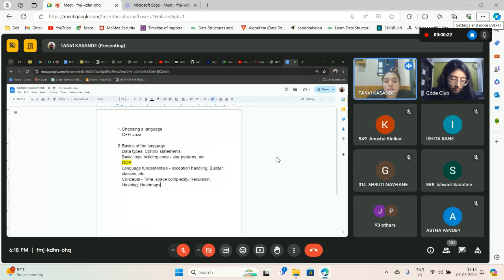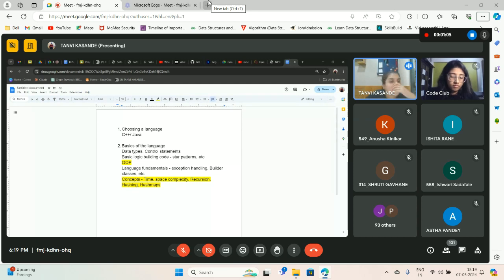You might not completely understand this while you're studying how a language works, but it is important for you to know what calculating time complexity is, what calculating space complexity is, how basic recursion works. I think most of you know that a recursive function is going to call itself. And basic recursion codes like factorial of a number, or maybe some pattern codes that you might have done in this part, they can also be solved using recursion. So these simple implementations of recursion are something that you should know before you move on to data structures.